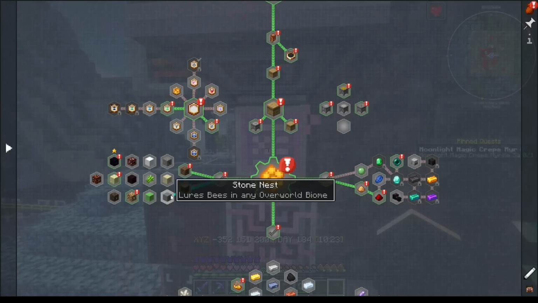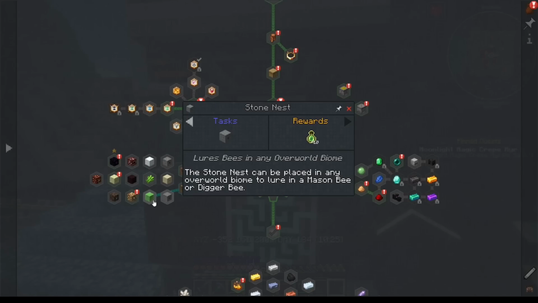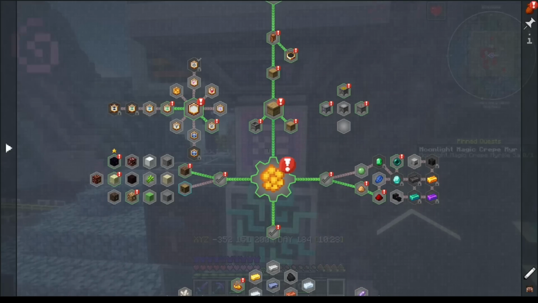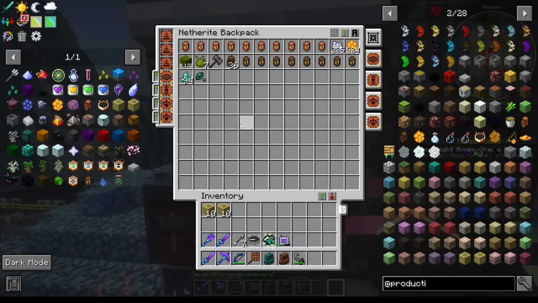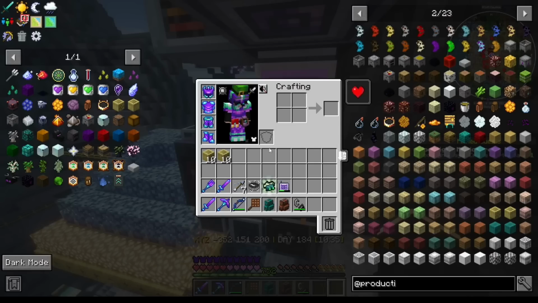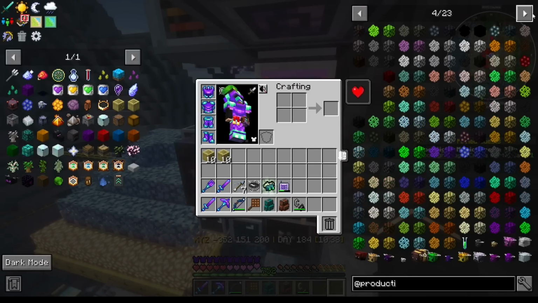So I need a sand nest, I need stone nest, I need a bunch of different nests and such to actually get all the bees, but what I do want to look for is what kind of bees we can actually produce based on the bees I already have. So, what we've got